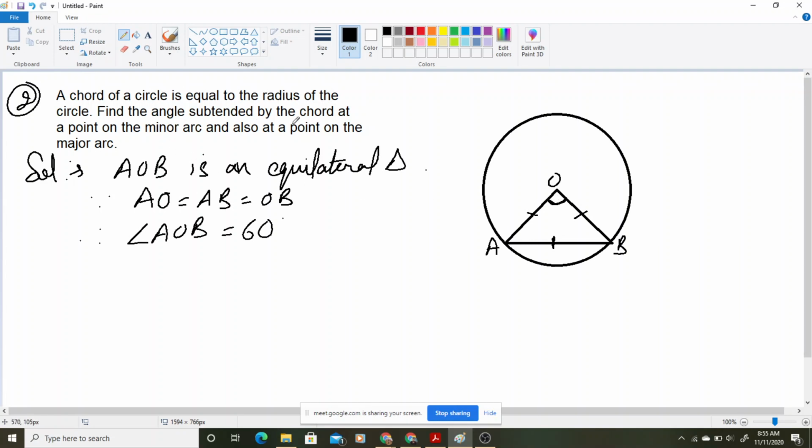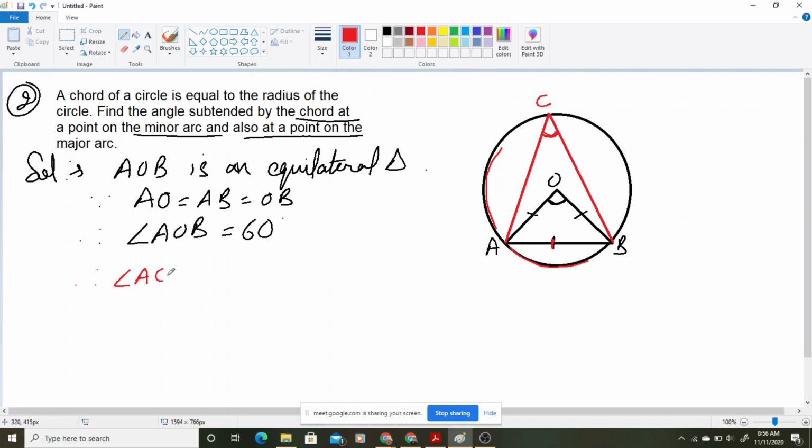Now find the angle subtended by the chord at a point on the minor arc and at a point on the major arc. Now just see one thing. If this is the chord I am having, this AB is the chord I am having, then for this AB, what is the major arc? The major arc is this one. See this one, this complete one. Okay, this is the major arc and this one is the minor arc. So this chord is forming an angle on the major arc. This chord has made an angle on this major arc. Suppose I am giving the name C to this point, then how much this angle ACB will be?